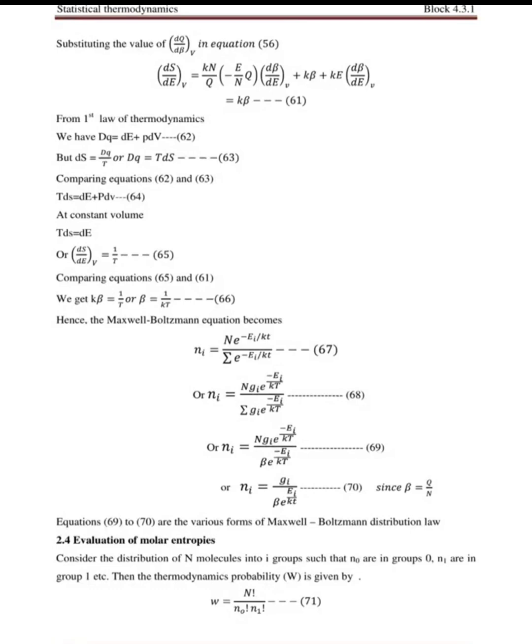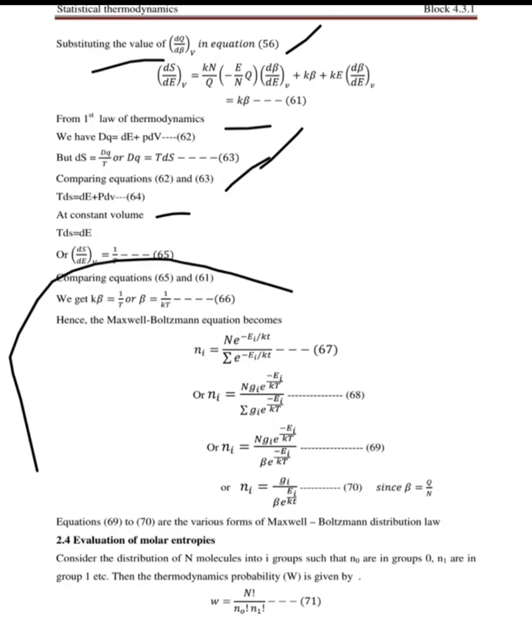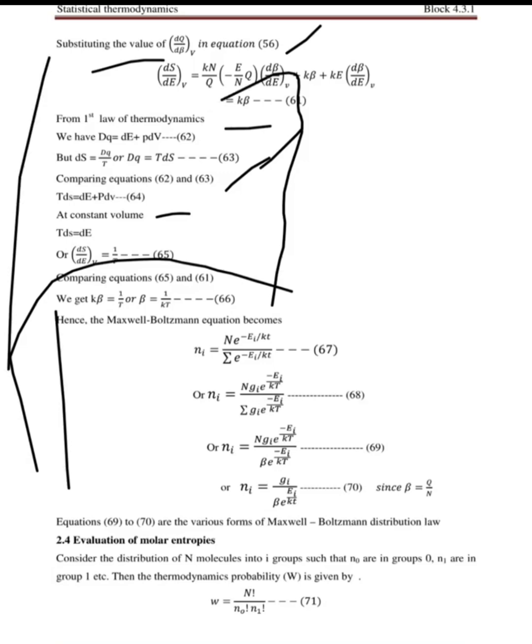And further, from the first law of thermodynamics, substituting the value of dq by d beta in the equation 56, where dq is equal to dE plus p dV. So that is the first law of thermodynamics we are going to apply here. Further, dS is equal to dq by dT, or dq is equal to T dS. That is the equation 68. Comparing the equations 62 and 63, we get TdS is equal to dE plus pdV. Further, you need to practice these equations. We'll get to know later what the important topics are. And hence the Maxwell-Boltzmann equation becomes